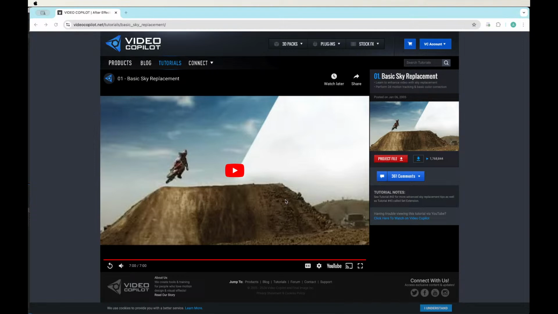Some things I am noticing, I think the color key maybe keyed out some of his pants a little bit, so you'd have to fix that with a mask, and maybe some of the detail of the grass. So maybe you would fix that with a mask as well. But other than that, I mean, it looks pretty awesome, man. I gotta say,